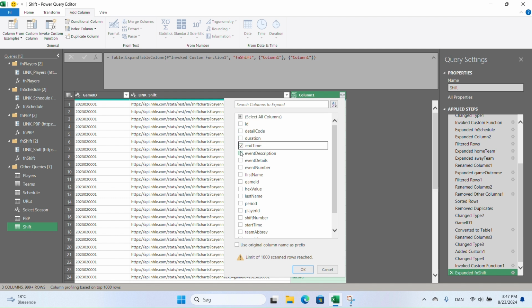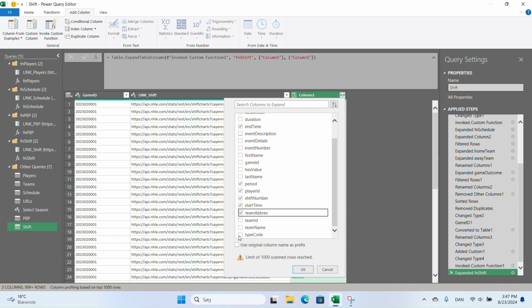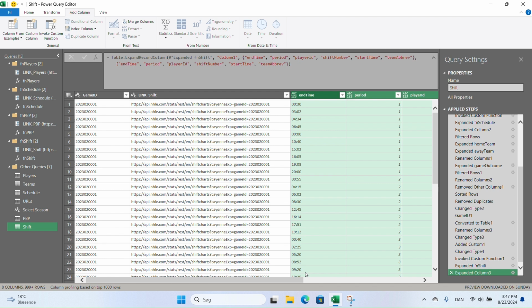End time is important. Game IDs, we already have that one. The ID here is the shift ID, not important. I don't really know how to use that anyway. Hex value, no. Period, yes. Player ID, yes. Shift number, which is the shift number of the particular player in that particular game. Start time, we need that. Team ID, we need that. And that's it. So let's just expand these